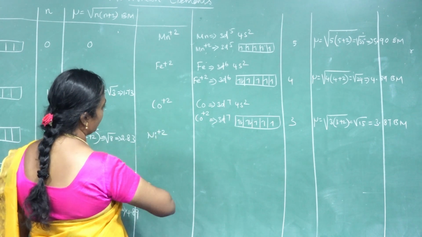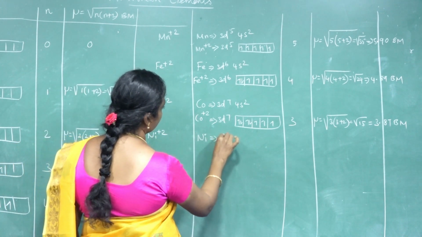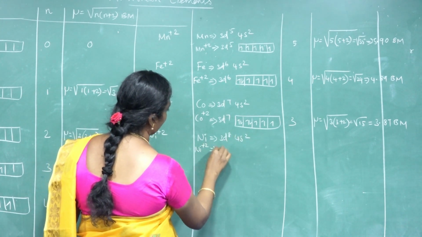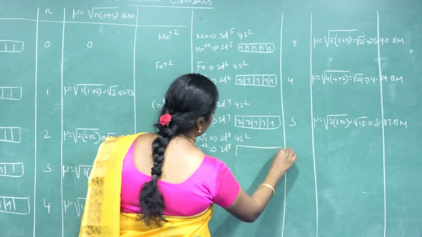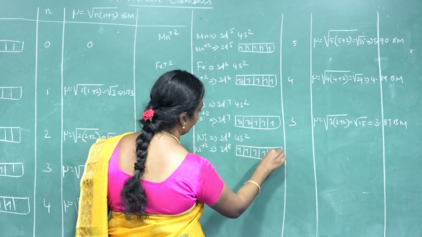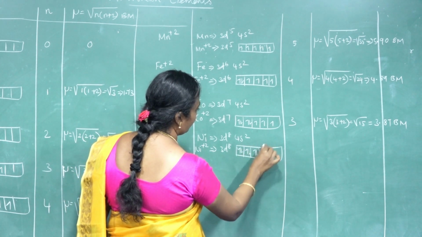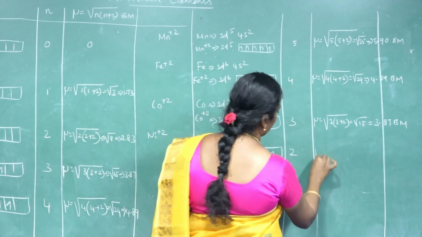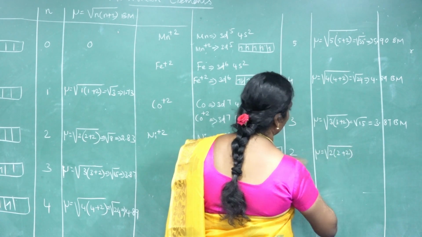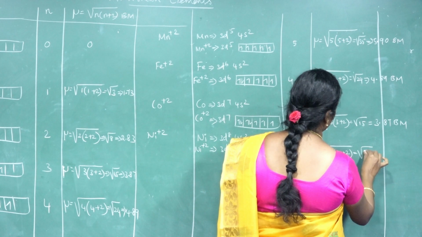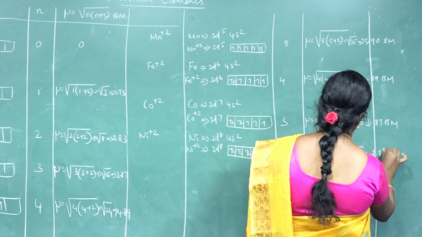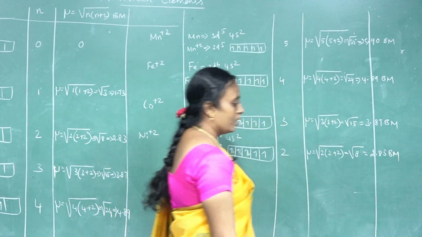For nickel 2 plus, the nickel atom is 3d8 4s2. Nickel 2 plus means only the 3d8 configuration. So 3d8 means I can show the d orbital filling 1, 2, 3, 4, 5, 6, 7, 8. The number of unpaired electrons is only 2. So the calculated magnetic moment is root of 2 into 2 plus 2, so root 8. Root 8 value will be 2.83 Bohr magneton. Okay, and the same way